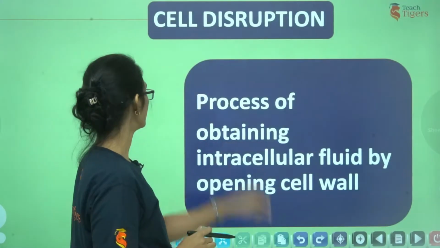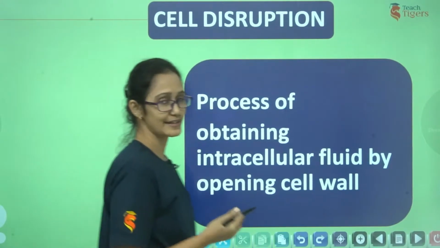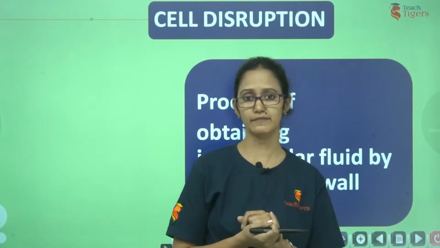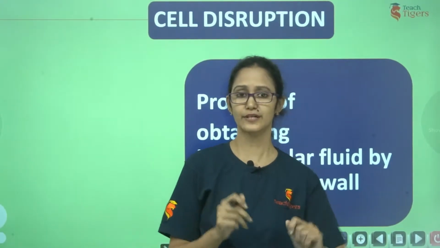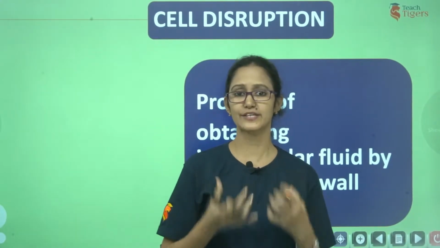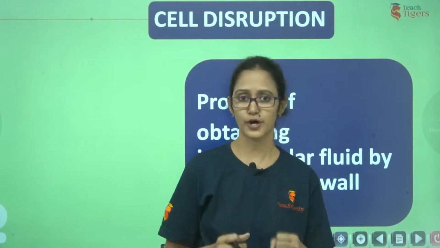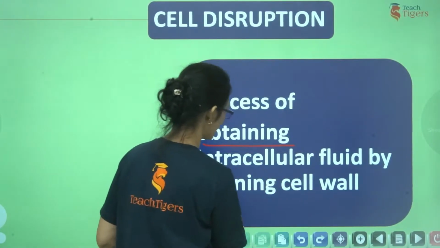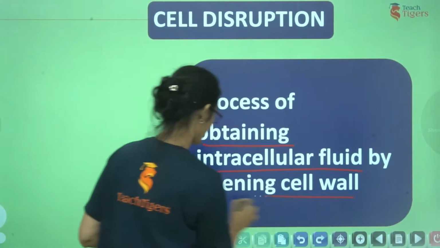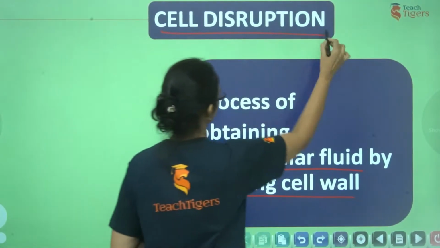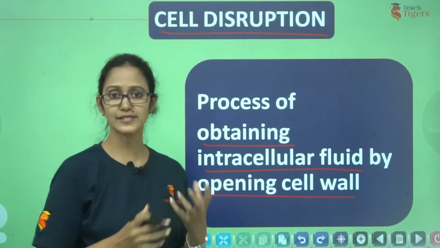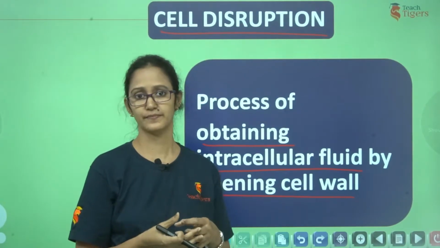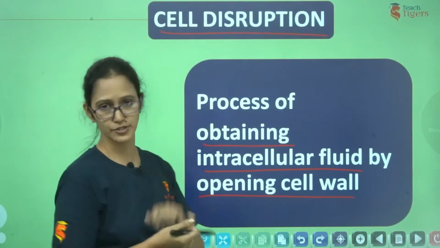Now, how can we get the DNA that is located within the membranes of the cell? Quite simple. We have to break open the cell. We have to literally tear the cell and collect all the extract from the cell. And the process by which we break open the cell and collect all the intracellular fluid is called cell disruption. So essentially, you take a cell, you break the cell wall and collect all the cellular extract, and that process is called cell disruption, right?